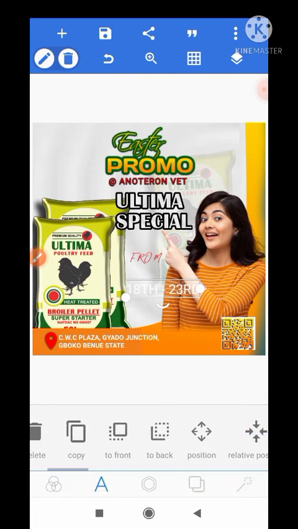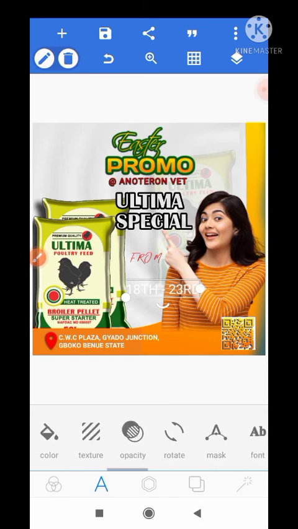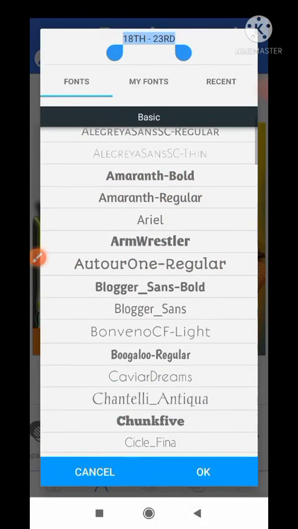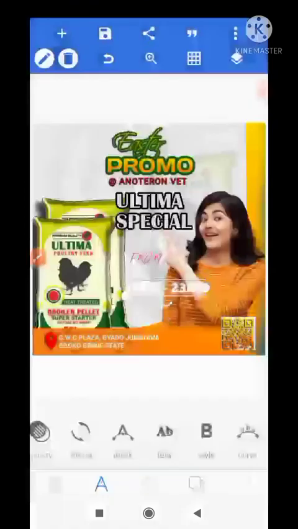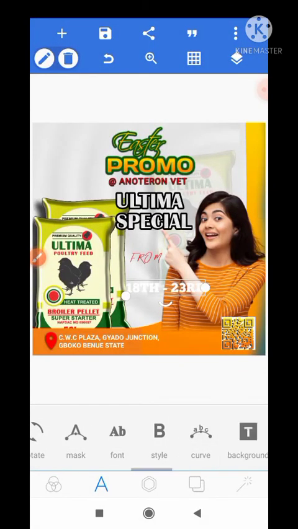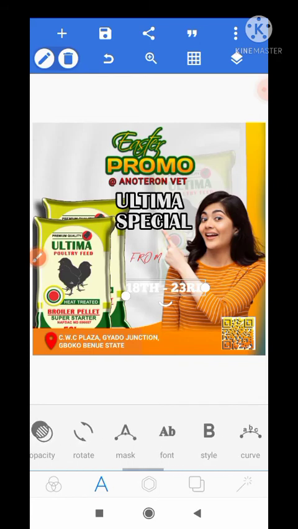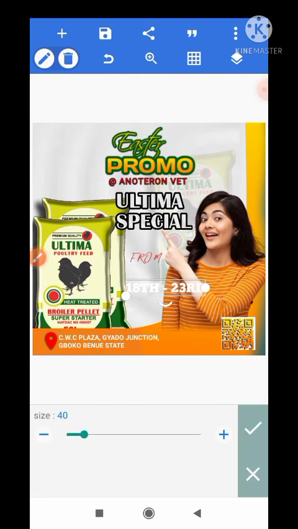We'll change the font from this to we'll look for a serif like font. So we'll change it to something like this, and then we'll click on OK, and then we'll reduce the size of the text, reduce it,